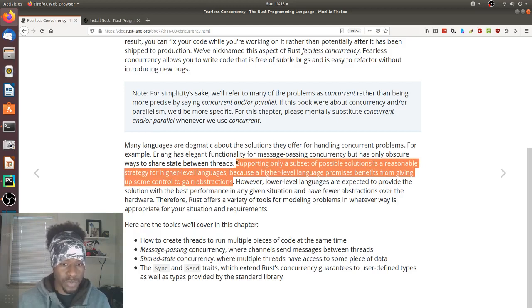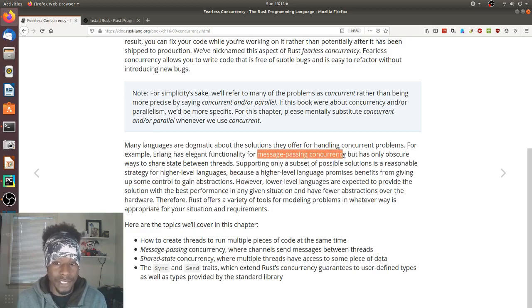And this is sort of cryptic and coded, but what they're actually saying is that high-level languages do things on your behalf with the main goal of making your life easier. So in Erlang, the example they gave is that they have great message passing concurrency, but when it comes to sharing state between threads, it's not really there.